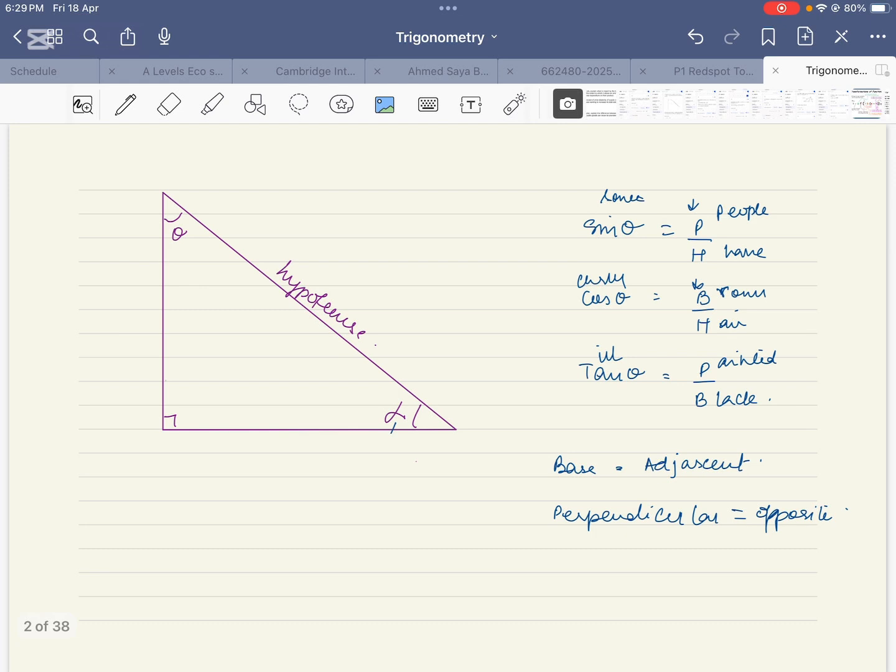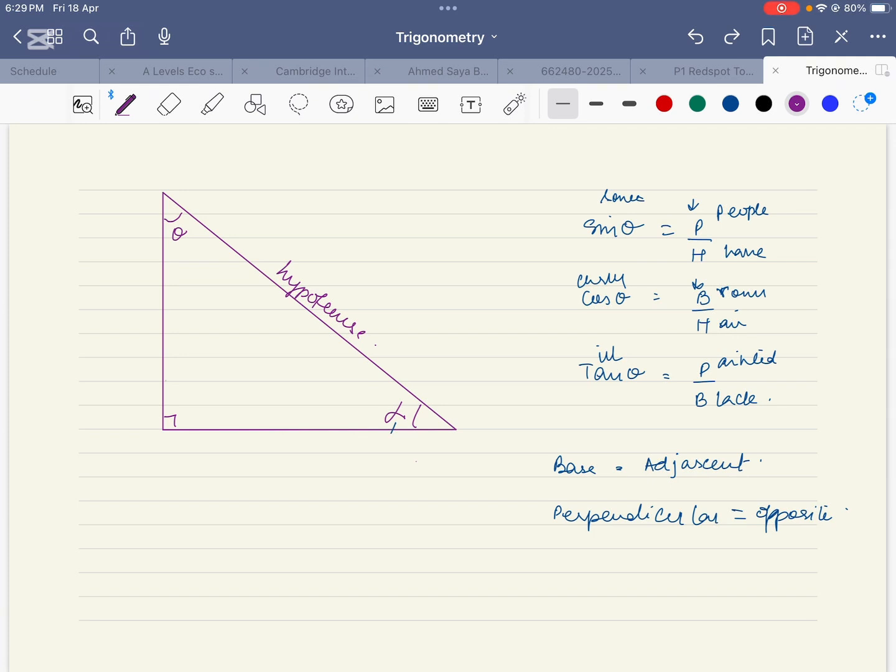Trigonometry, like Pythagoras, is also about right angled triangles, but here we are going to deal with angles, unlike Pythagoras, in which we were dealing only with the sides of a right angled triangle. In Pythagoras, other than the hypotenuse, which is the longest side and is directly in front of the right angle, we can take both the other sides, one as base and one as perpendicular. Whichever one we want to take as base, we can take that.